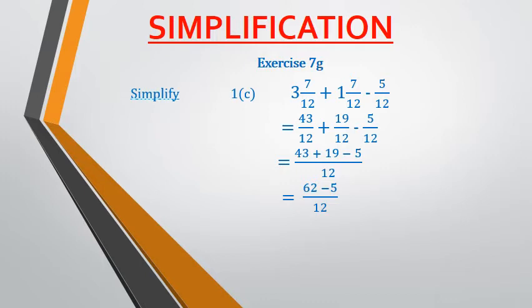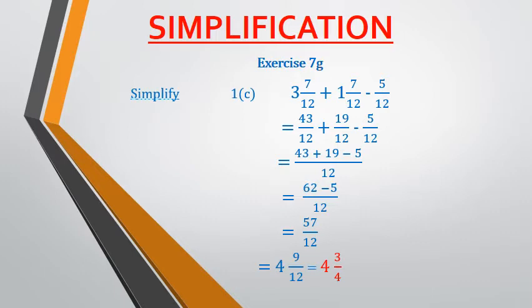So first we will add 43 and 19. We get 62, and from 62 we will subtract 5. So it will become (62 minus 5)/12, which is equal to 57/12. And now children, since it is an improper fraction, we need to change it into mixed fraction. So our answer is